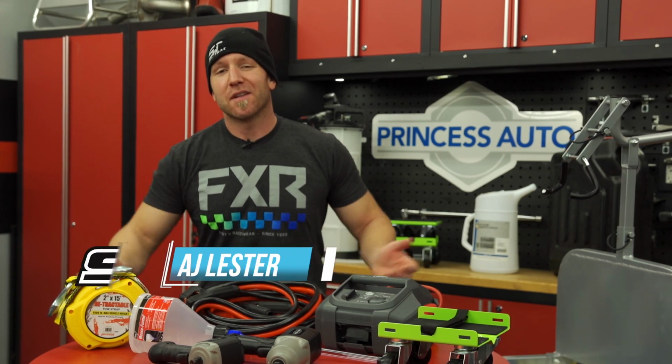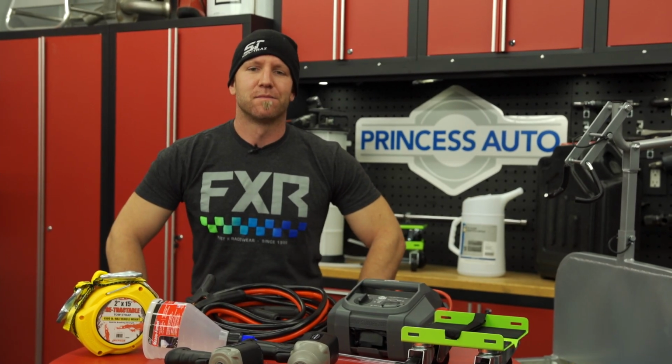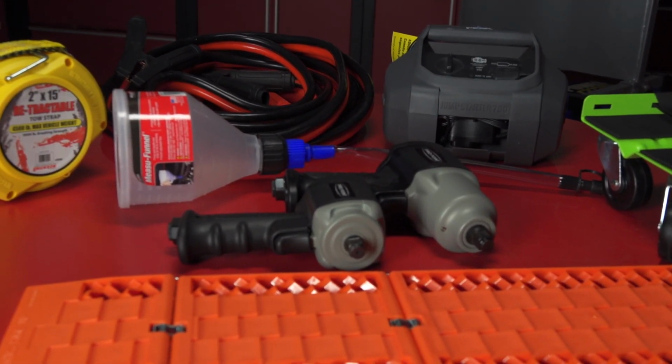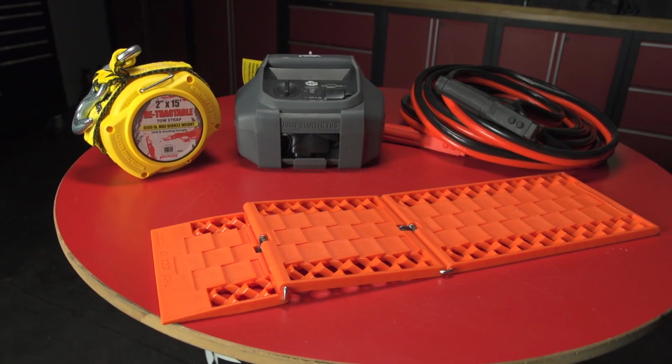Being ready to tackle your sled's maintenance and repairs doesn't just happen. I mean, you may have the technical know-how, but you're going to need the tools to get the job done. Getting those parts ahead of time for specific repairs may be tough, but there are a good amount of general items that will come in handy for service and general repairs, as well as making your shop space way more